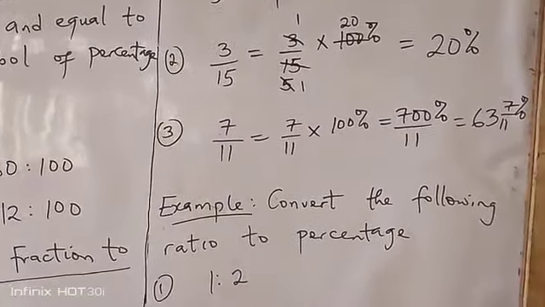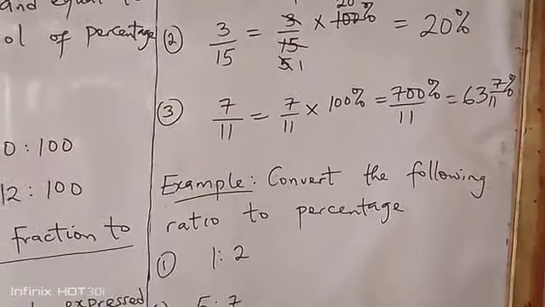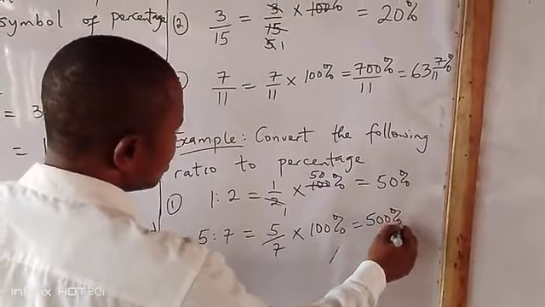Likewise, if you want to convert ratio to percentage, don't forget that I told you that the other way of writing 1 ratio 2 is 1 over 2. So you are going to multiply it by 100%. 2 here 1, 2 here 50. So you have 50%. Then you have 5 over 7 here, multiply by 100%. So 5 multiplied by 100 will give you 500% over